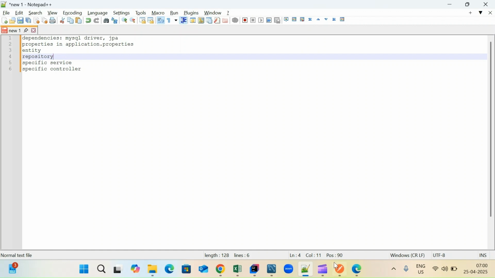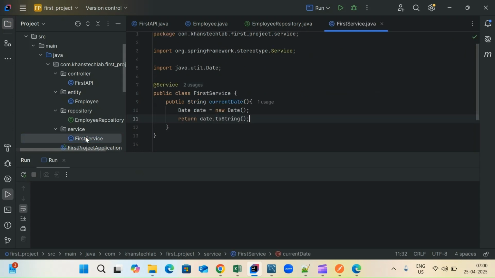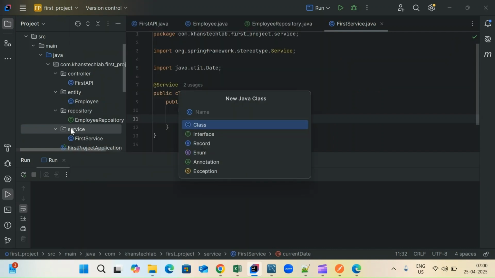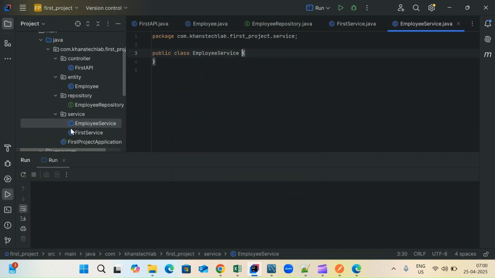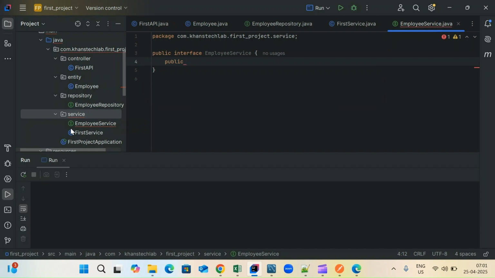Now we have completed four steps. Then we have to write a specific service. Now we had created a first service, but I will not use this one. I will create one more interface. I will call it EmployeeService, and this is an interface actually. And here, in this video we will only do one operation, which is the read operation. I will just add an abstract method,